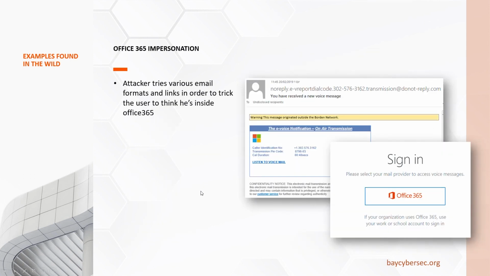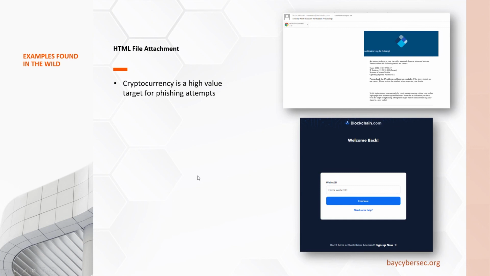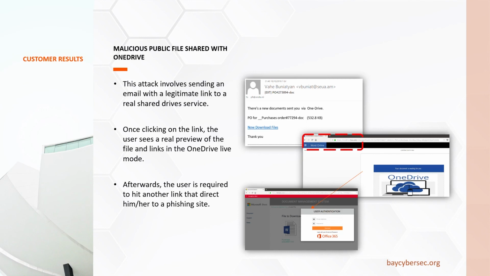Classic phishing. I thought we should show that you can see Office 365 impersonation all the time, and HTML files as attachments, which is hilarious, but people really fall for that. They just say, why give you a URL? We can just give you a file where you put in your credentials, and they would be sent to our malicious sites. And again, just a file inside the thing.